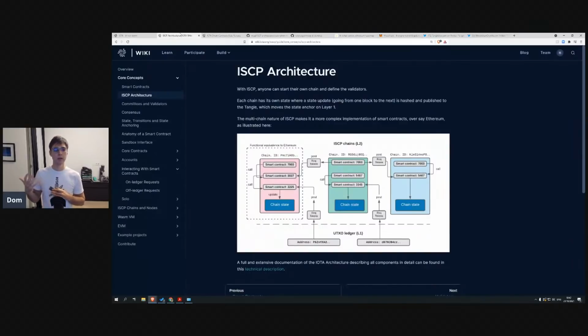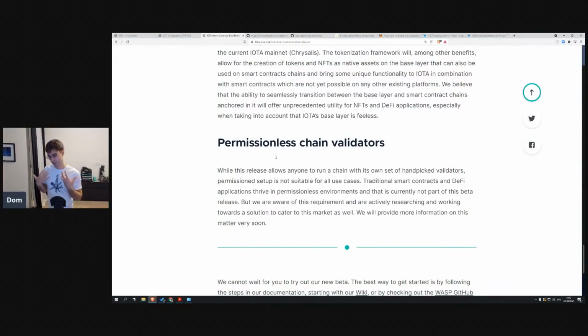The way that it works right now is more permissioned, right? Where you define who the validators are. And that's great for sort of enterprise applications, but it's really not great for DeFi or for anything else. And as some community members have been saying for quite some time, how do we make this permissionless? And we've been working on this for a little over a year now, I would say. And it was a lot of work behind the scenes, but we have really defined the path forward to enable these permissionless validators and to also define how we do this shared security, similar to what Polkadot has achieved,